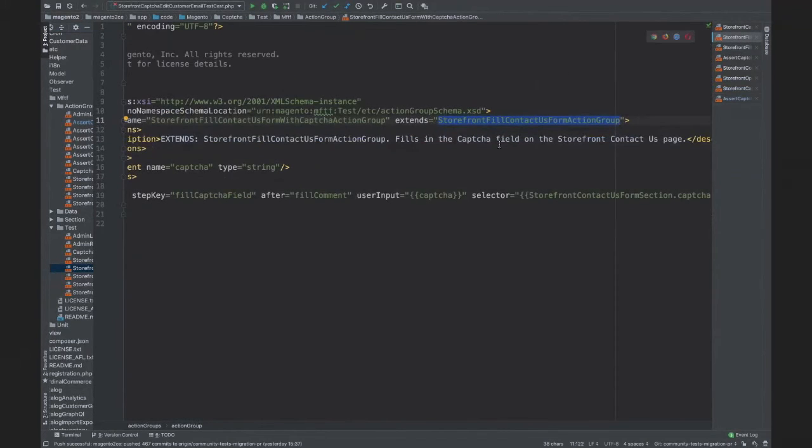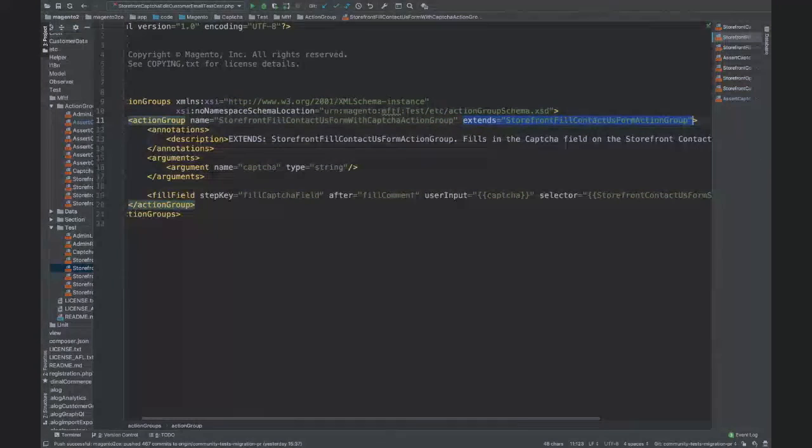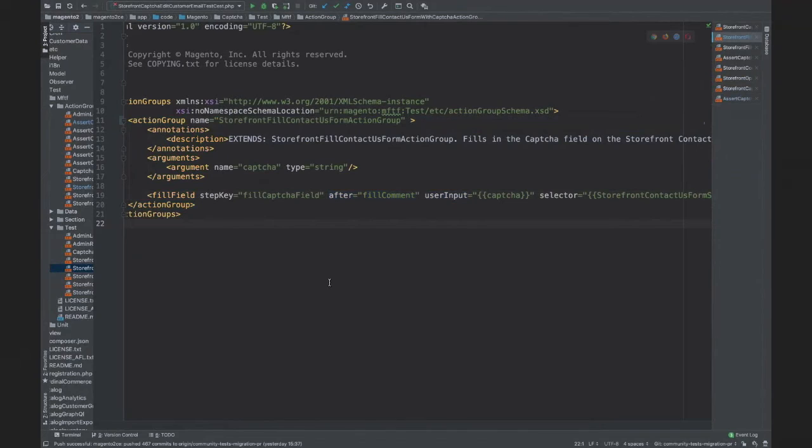And in our CAPTCHA module, we create another action group. You will ask me why I decided to use this functionality, hence to extend this action group, and not just write it like storefront field contact us form and specify here after which action it will work. The thing is,